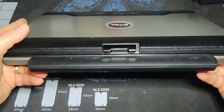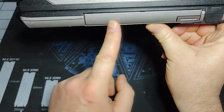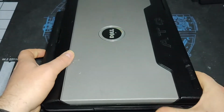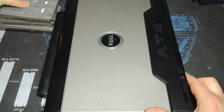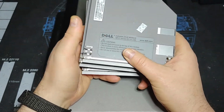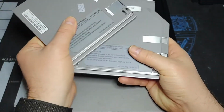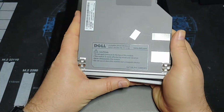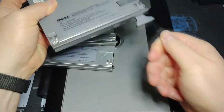So interesting design here. Take a look at the port selection on the side here. Right now we have a battery that installs in this tray, and then included in the box with this was a bunch of optical drives. So this person, I'm not sure if they just bought all these or if they just upgraded over time, but they had a CD-RW DVD-ROM combo, a standalone DVD-ROM reader, and then a DVD multi-burner. So 3 different optical drives,